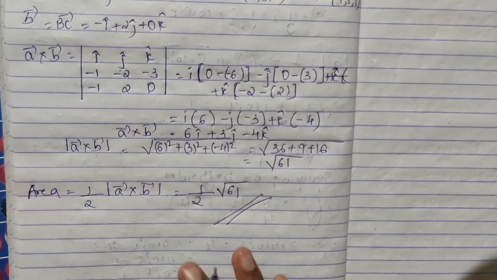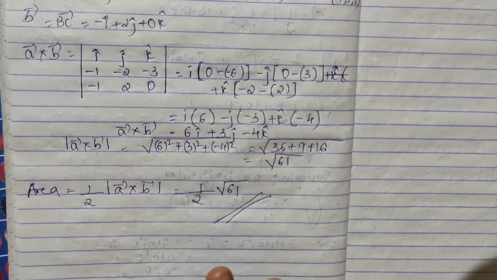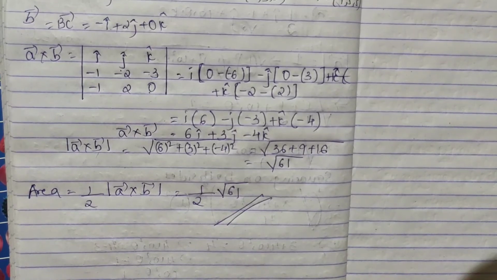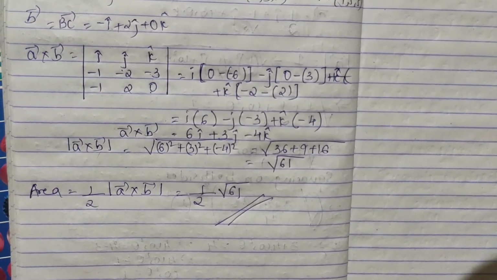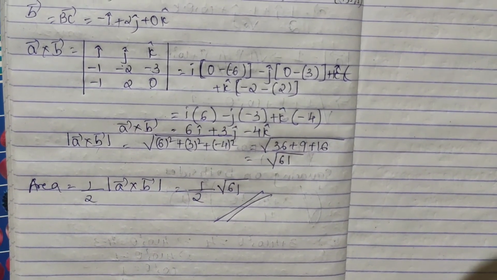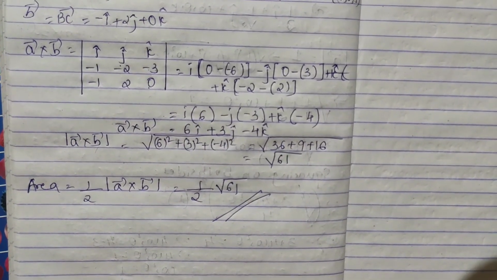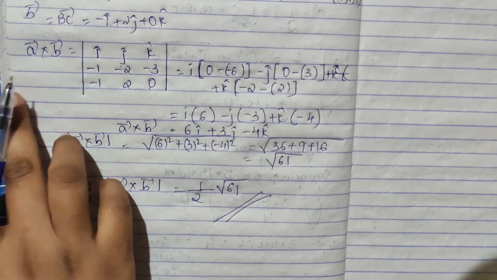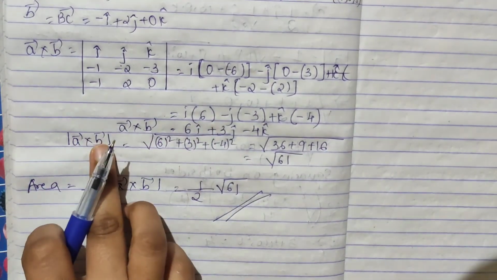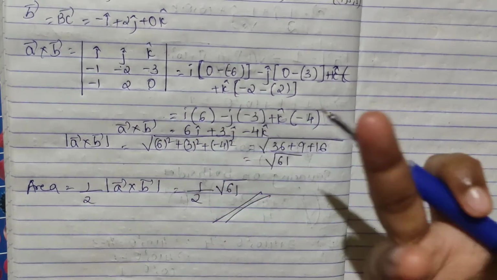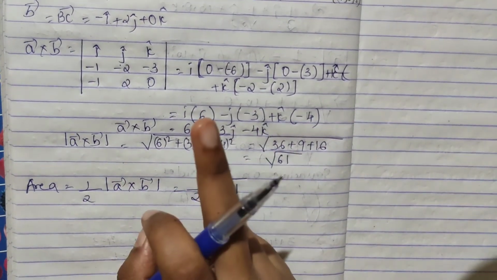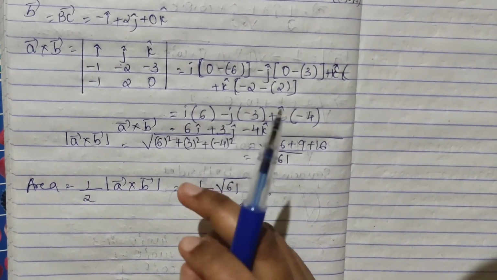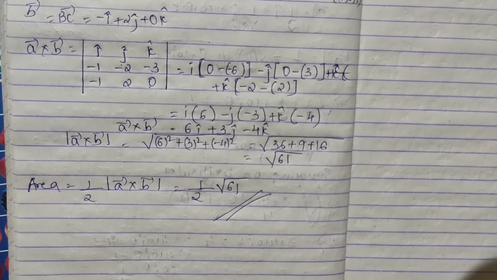So when they ask for the area with vertices, please do it in this form. Same way, if they ask for a parallelogram, apply it in the same way. The parallelogram area formula is the modulus of vector A cross vector B. So you just find vector A cross vector B using the determinant, and the modulus of whatever you get will be the area of your parallelogram. Your first question which we have done was finding the area of a parallelogram itself, because the area of a parallelogram formula is the modulus of vector A cross vector B.